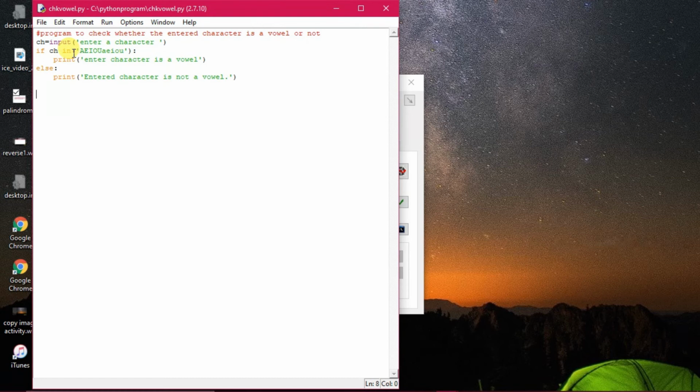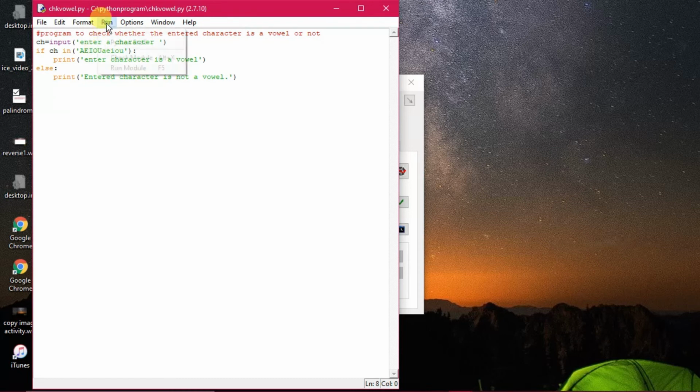In operator is an associative operator, you know. It actually shows the association of a particular value within a set of values. So here I have taken, you can see, a, e, i, o, u, all five vowels, and checking if ch, the character you are inputting, is within this particular limit. Very easy program to understand, but it's very important also. At the same time, you require it sometimes while doing big programs. That is why the in operator has been discussed. This is an associative operator, whatever you say.